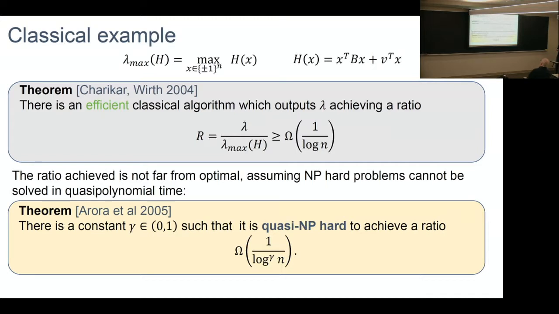using the PCP theorem is that there is some constant gamma between 0 and 1 such that it's intractable to achieve a ratio of 1 over (log n) to the gamma. We don't know what the constant is, but whether it's log n to the 1/3 or whatever this constant is, there's not that big of a gap, and it's hard to reason about what the gap is since we don't know gamma. So this is our template, and now we're going to try to extend this to quantum spin and fermionic systems.